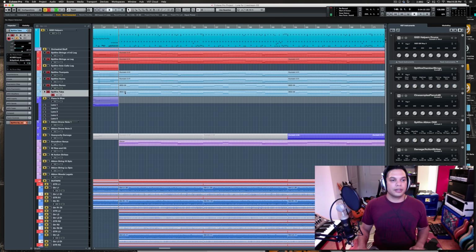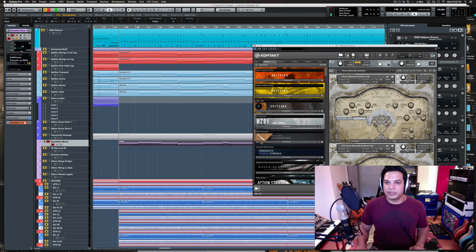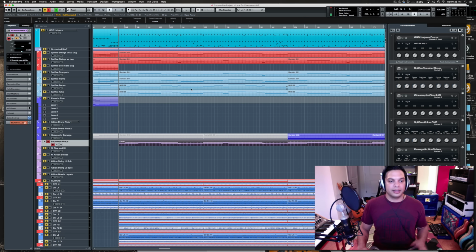So that's the horns and the brass there, and I've been really enjoying putting some choir on everything. I am using Soundiron Venus, which I really like. I really like the Soundiron choirs a lot. I think they sound pretty damn convincing. I do have them hitting some pretty absurd notes, though.